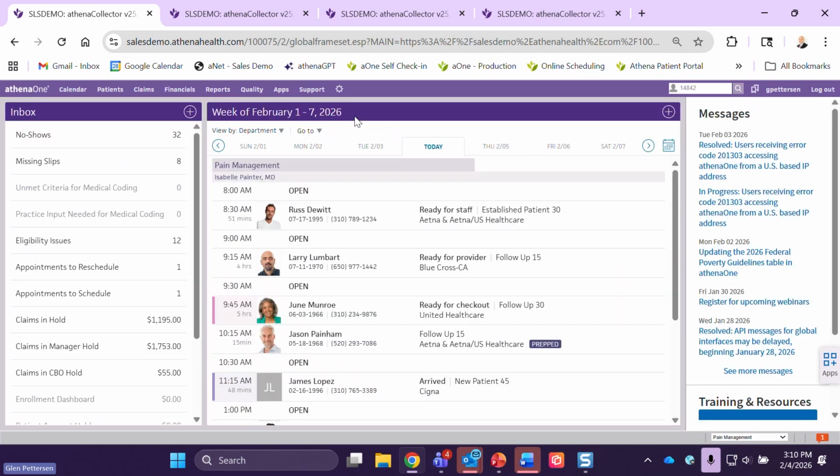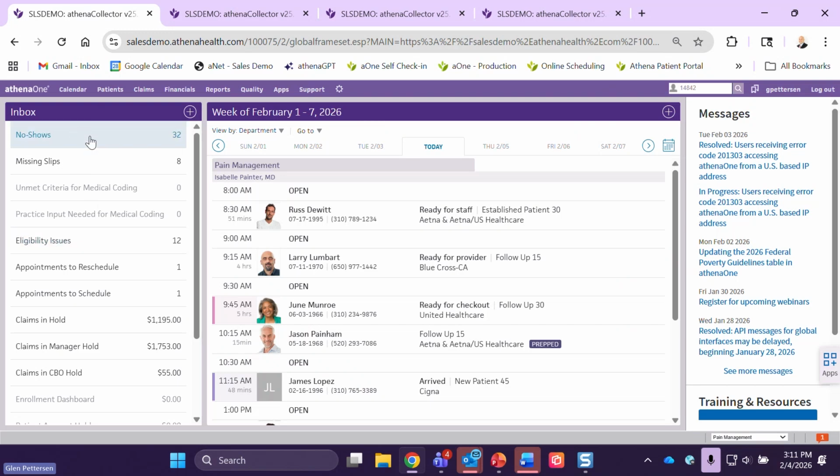check-in window. But I also have a task list on the left-hand side, and this is what we call the workflow dashboard. I think Amy, or Tina, was the one that mentioned task management. athenaOne is really great with task management, meaning everybody knows exactly what work needs to be accomplished, whether you're in the visit or on the home-based work page. And this task list here drives practice performance, right? It drives scheduling density as well as